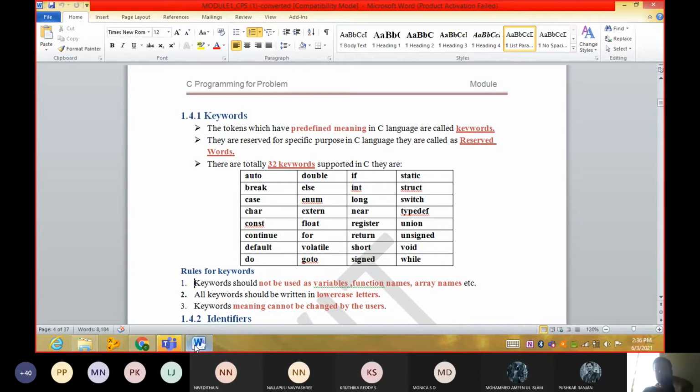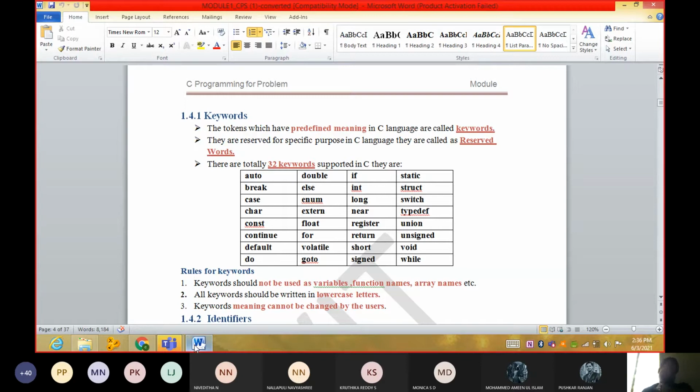We should use only these words, and everything has a special meaning, guys. These keywords should be written in lower case, and their meanings won't change.